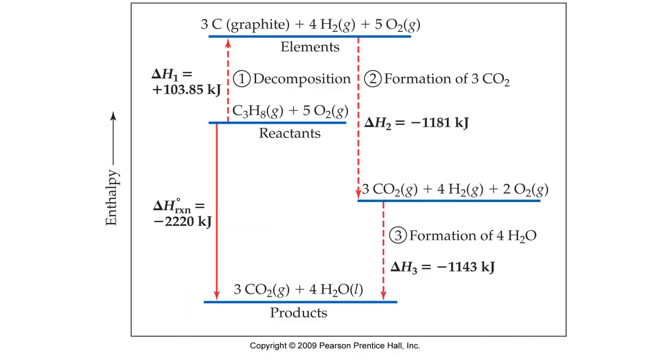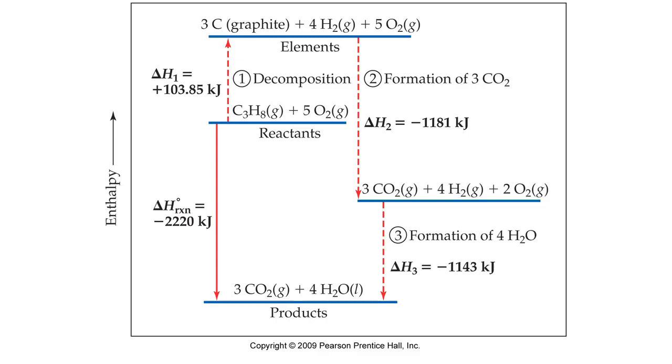Now, this is another picture showing you Hess's law. This one is from the book, where initially, this is kind of a complicated image. We're trying to do a combustion reaction involving C3H8 reacting with oxygen to form carbon dioxide and water. And so here, one way to do it would be to go straight down. This delta H of reaction is negative 2,220 kilojoules. Another way to think about this is to divide it into steps, where the first step is number one, decomposition, where the